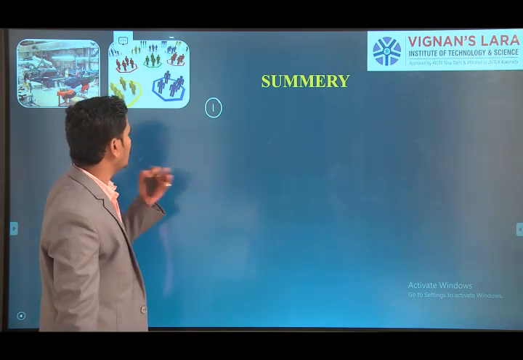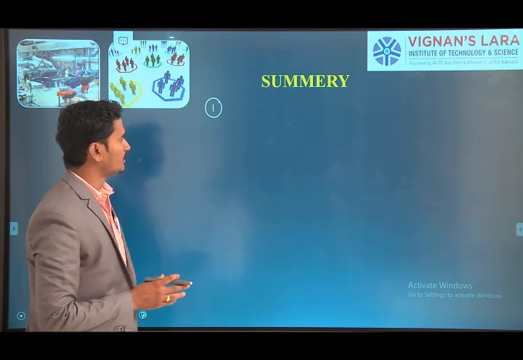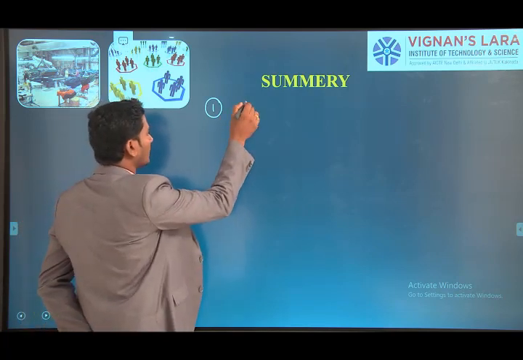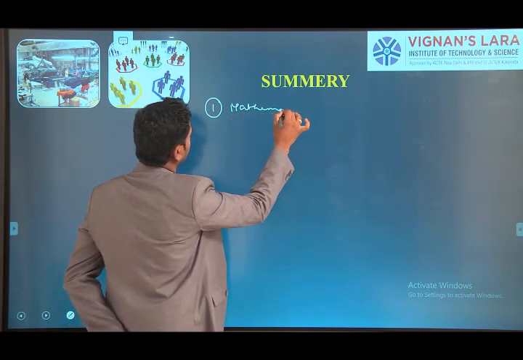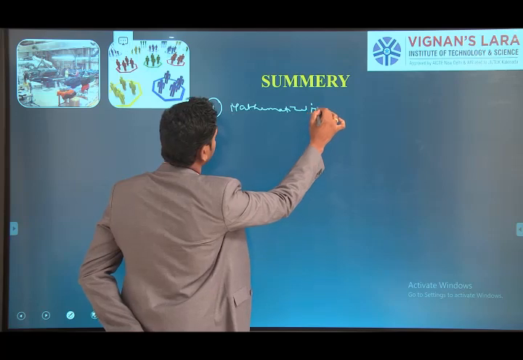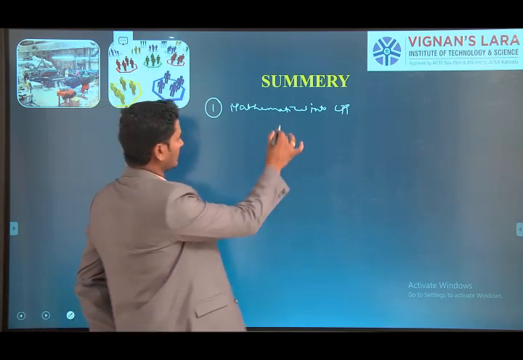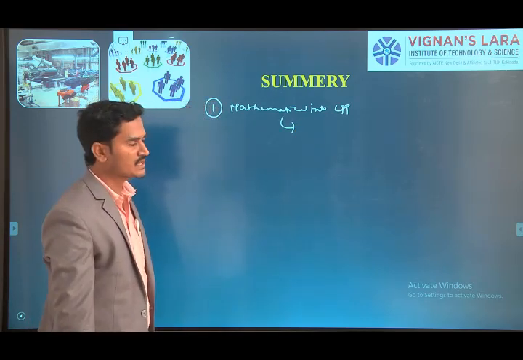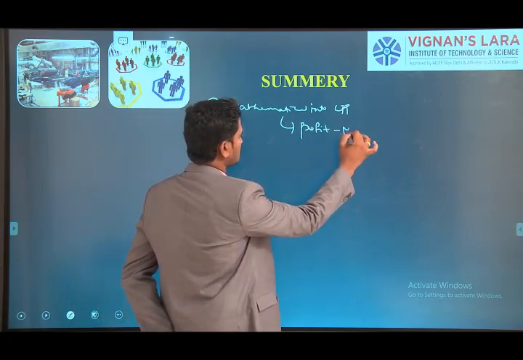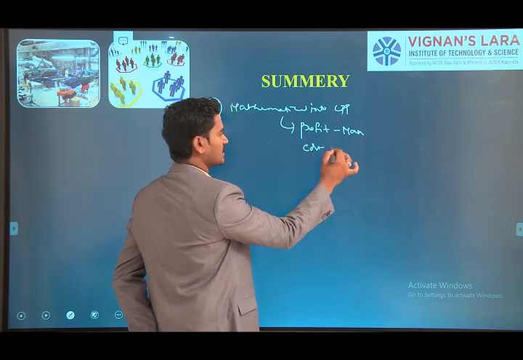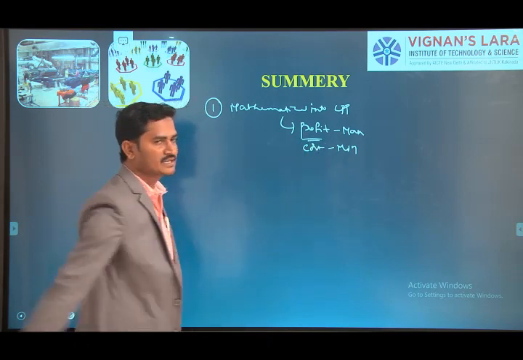What we did in this class: we took one LPP problem and, by applying the simplex method, we get the solution. How are we solving this LPP? First we converted the mathematical model into an LPP. What is the rule of the LPP? Here we are converting the LPP, whether it is in maximization or minimization. We have to identify: if the function is a profit, the problem belongs to maximization. If the function is a cost, the problem belongs to minimization. In our case, the profit is given. That's why we are taking the problem as maximization type.